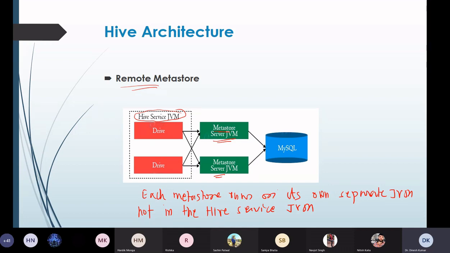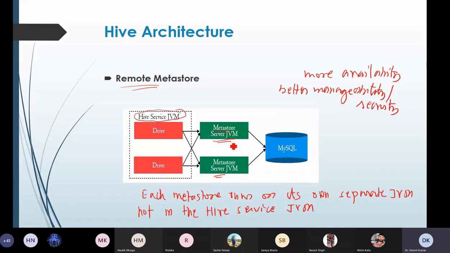So we can have such facilities in the case of the remote Metastore: more availability, better manageability and security.